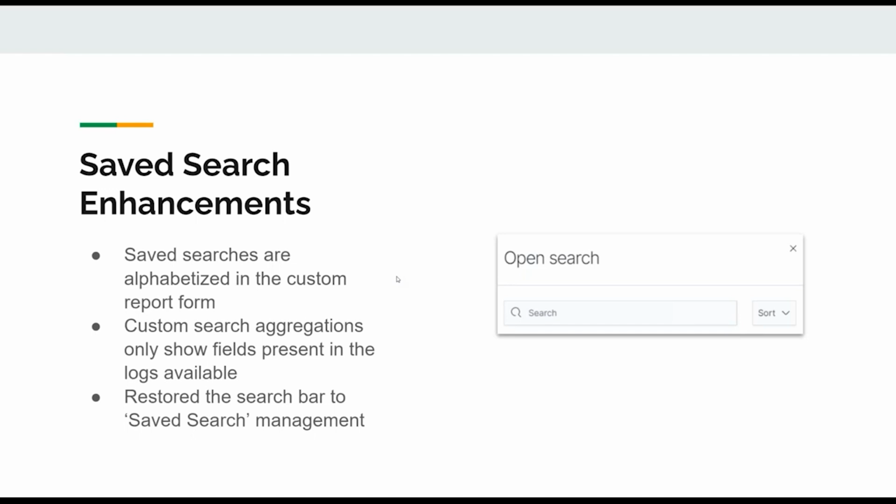So what we've done is detect now, is there data within this field? Is this field present? And there's going to be a subset of only those fields. So when you go make a custom search and want to group by or aggregate by a field, only the fields that have data in them are going to get listed. That will save you time and effort and be a lot clearer when you do those custom searches.